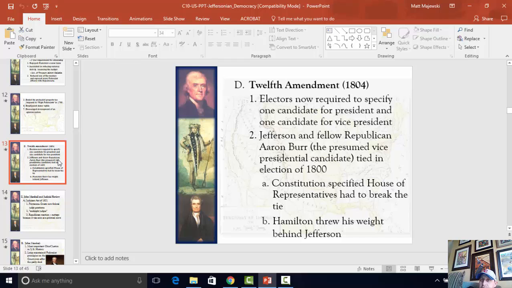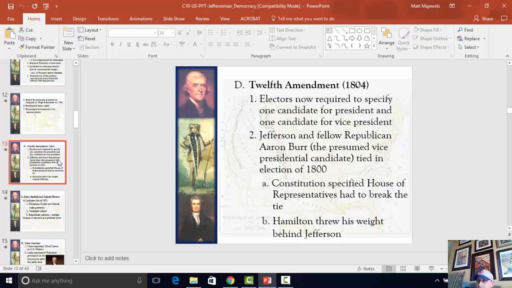There's a reason for that, because in 1800, the first time that the presidents actually ran with a vice presidential running mate, Jefferson and his running mate, Aaron Burr, his vice president, actually tied in the election of 1800. Let me explain why this happens. All right. So Jefferson wins the election. And so when the electors, the Electoral College, writes down who their winners are officially, they put Jefferson and they put Aaron Burr. Well, the problem was that when the votes were counted, technically, since both names were on the paper, Jefferson and Aaron Burr had the same number of votes.